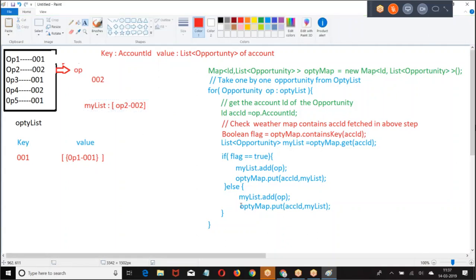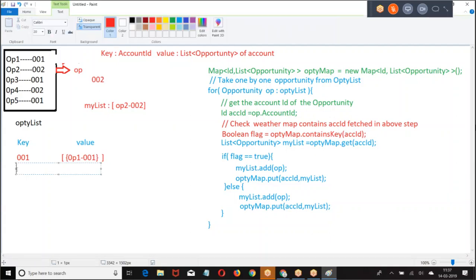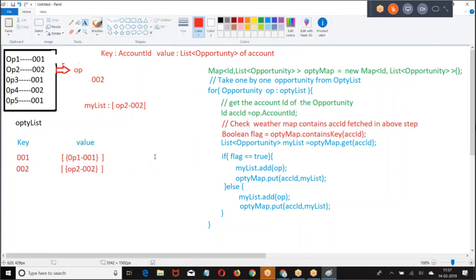Then I said optiMap dot put ACC ID. What is the value of ACC ID? 002, with the list as the value. This is how we got it.